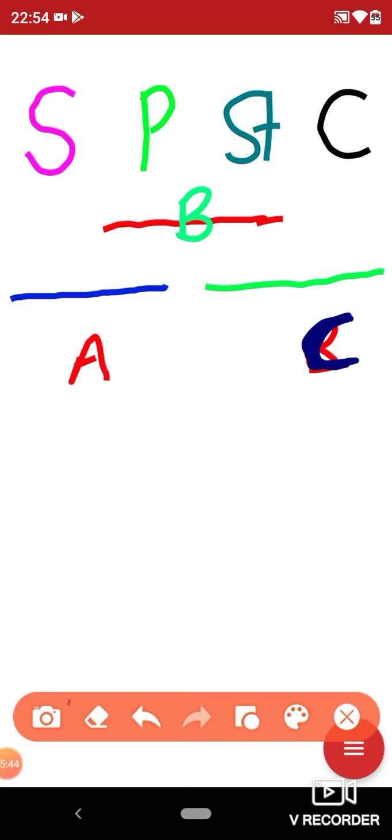Now we will discuss how these sepal, petal, stamen and carpels will form. So I have written the four whorls. One are the sepal, petal, stamen and the carpel. So class A genes are involved in the formation of the sepals and petals. S is sepal, P is petal, ST is stamen and C is for carpel. So class A genes are involved in the formation of both sepals as well as petals.